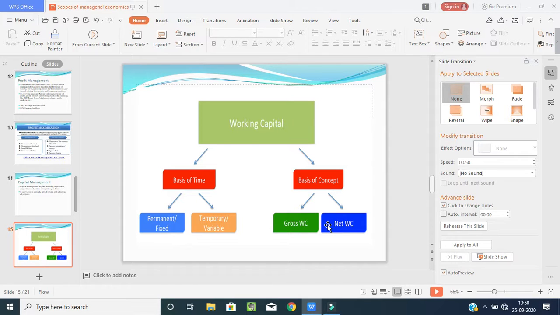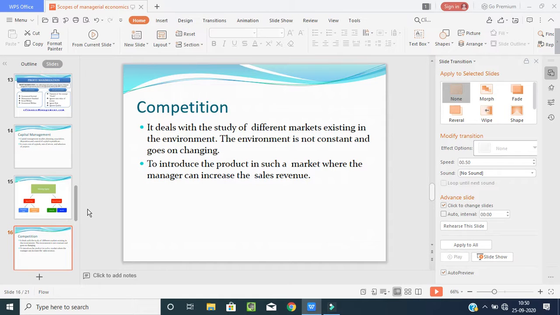And one more important thing: from where can we generate the capital, either from banks, or from financial managers, or from our own assets. We should keep all these things in mind and then start the business. If we have our own land, then we don't need to pay rent for it, so we can reduce the cost. If we have taken a small place where the rent is very low, or we have taken the building or plant on a lease basis, that means we give a huge amount